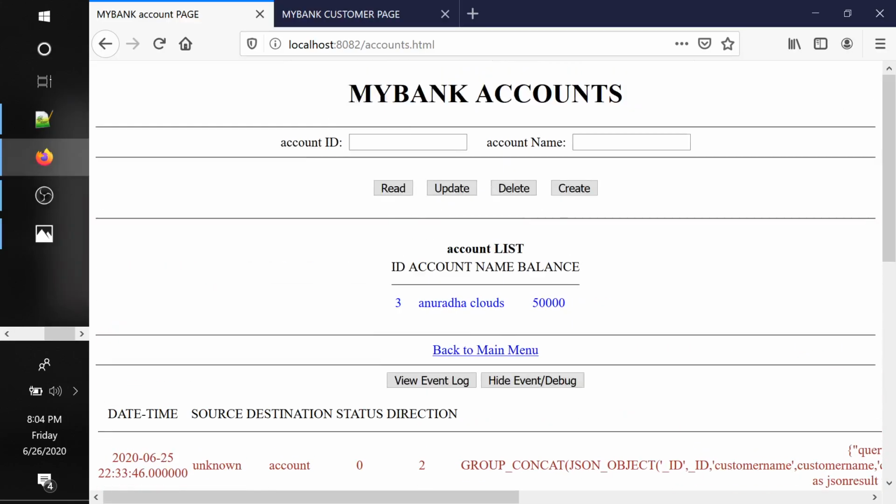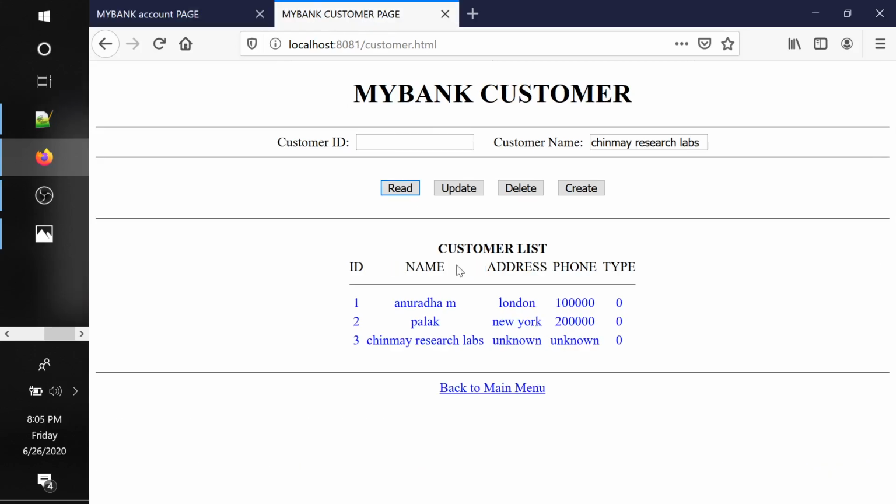So where are we? We are in the accounts page. Alright, no, we want to go to customer page because right now I have only implemented events that are fired from the customer page. So what we'll do this time, we'll delete the record, and this event should be passed to the REST service, which is the event synchronizer, which will in turn broadcast it to accounts database or accounts service.